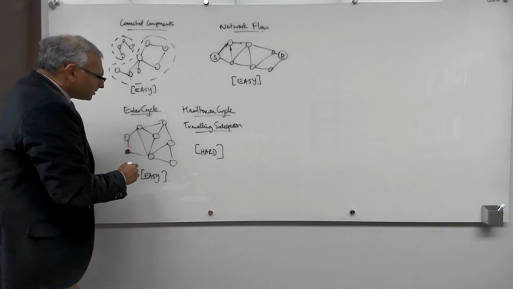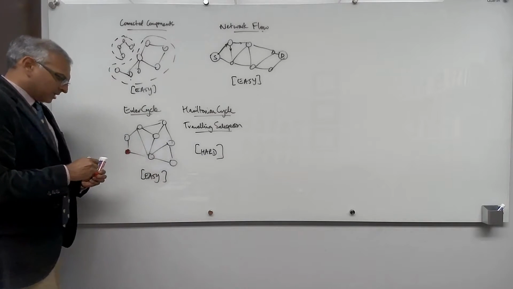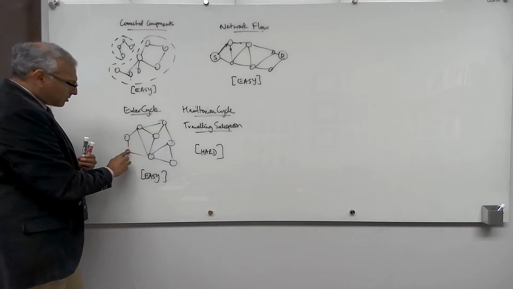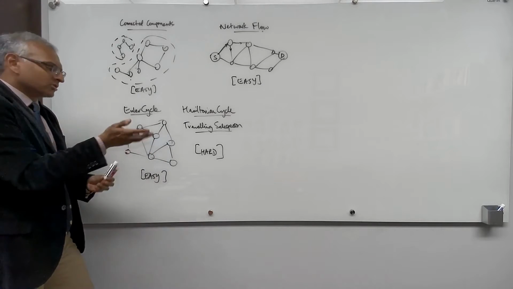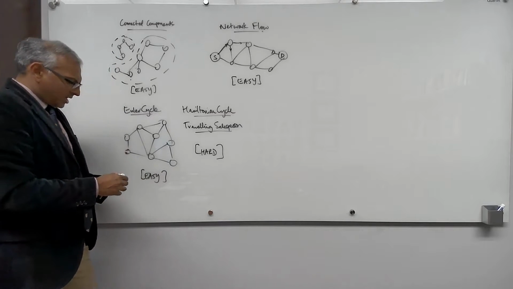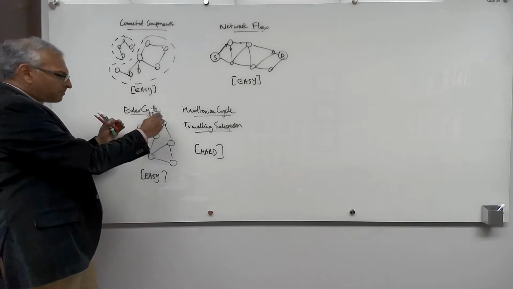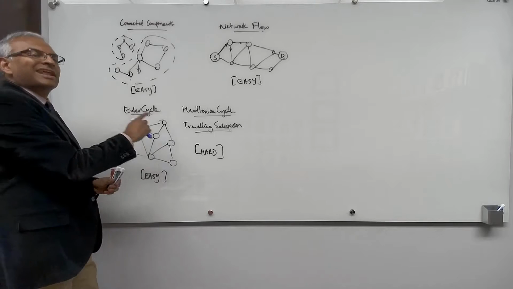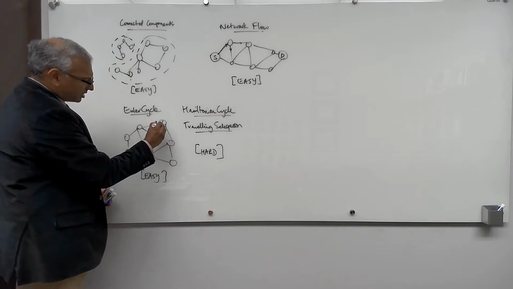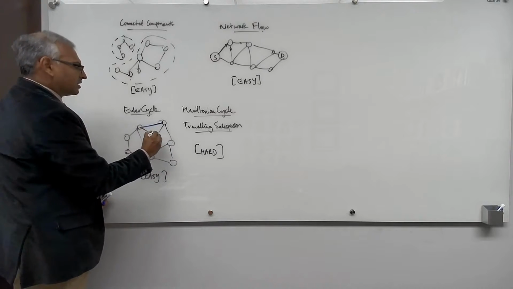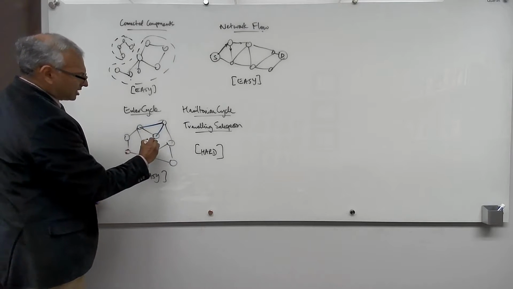It's similar to this problem here, where the task now is to convert some of these roads into highways. Each road has a certain cost to become a highway, and you need that all points of interest must be connected via highways. So here's an example. I might start by connecting these guys by highways and this guy, and then I might